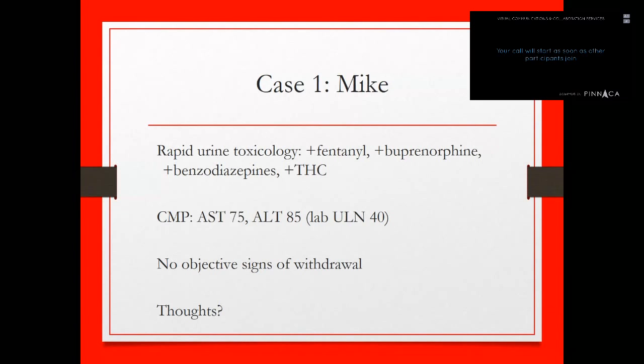So let me unmute. See if I can successfully unmute people. And if anyone wants to weigh in about this patient, feel free to unmute yourself as well and let me know what your thoughts are. I hear some people that are already unmuted that aren't participating, maybe some kids running around. If those people can mute their phones, that would be great. But if anyone wants to weigh in about what we should do about Mike, given his initial objective data and the report that he gave us about his current use.